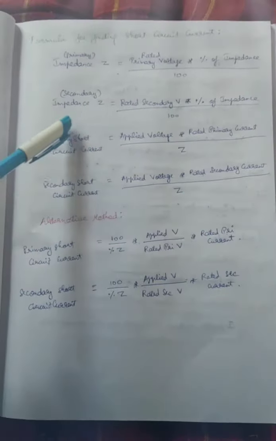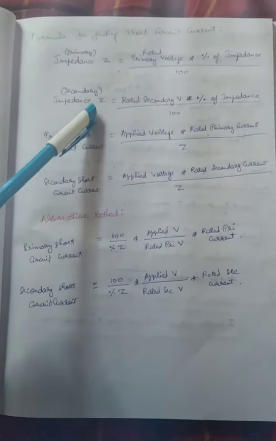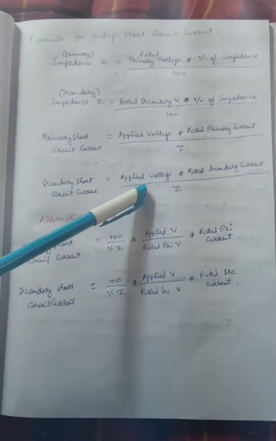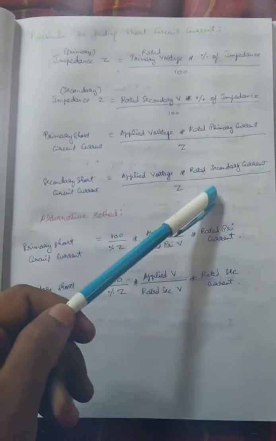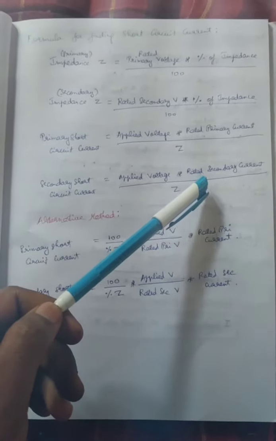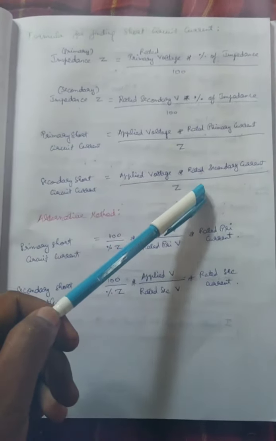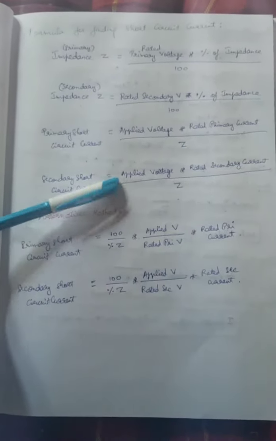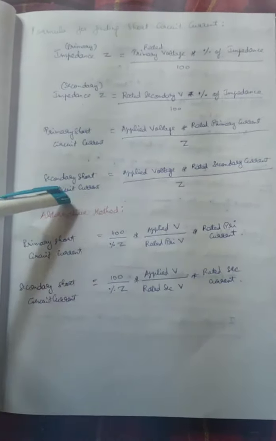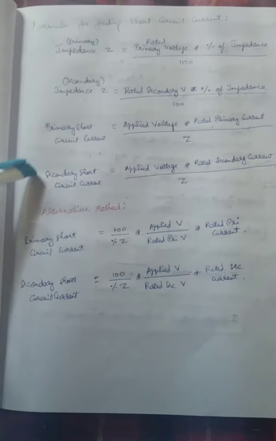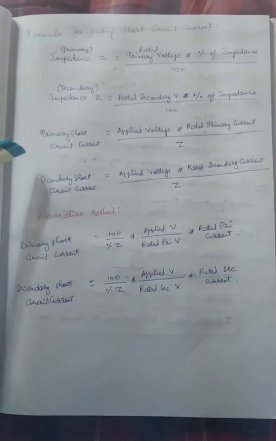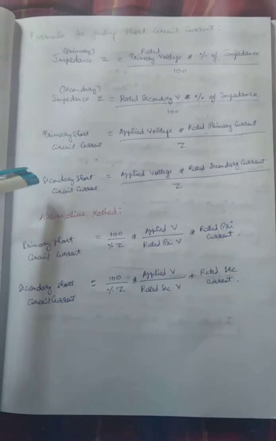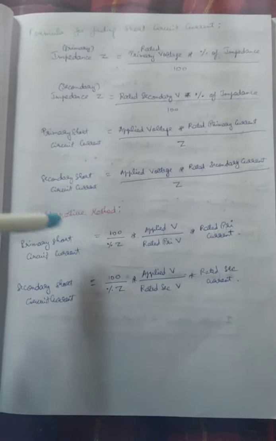Then the secondary short circuit current, likewise applied voltage into rated secondary current divided by impedance. Here the impedance is the secondary impedance which we calculated earlier, and the applied voltage is the single phase or 3-phase voltage which we are applying. Then into the rated secondary current, which is mentioned in the nameplate itself. So this is your formula for calculating the primary short circuit current and secondary short circuit current. We need to calculate this and compare it with your practical values, which means for the taps which we are